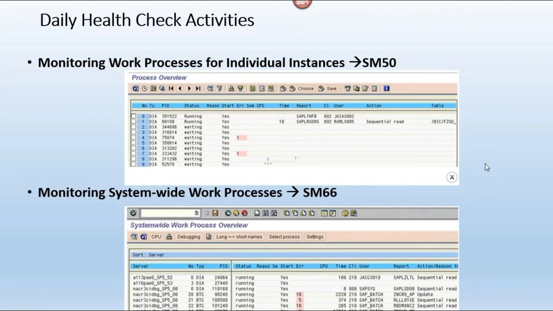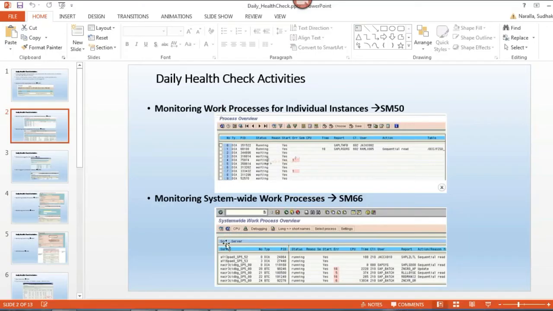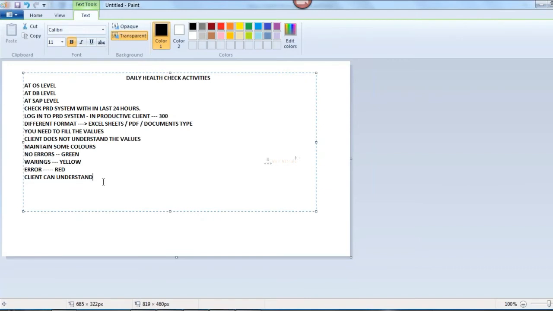It contains what program it is currently utilizing, which T code has been called, which table has been called, which SQL statement is currently executing, how many records are executed, how much memory has been consumed, and what the current state of my work process is. Current status means whether it is running, waiting, or on hold. These are the different work process statuses. How will we come to know all this? We have to double click on the work process.